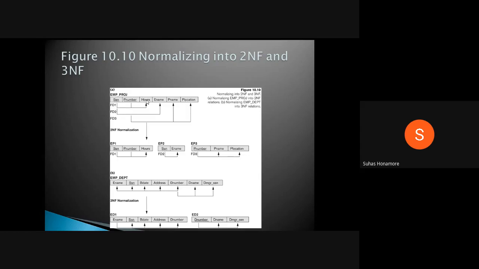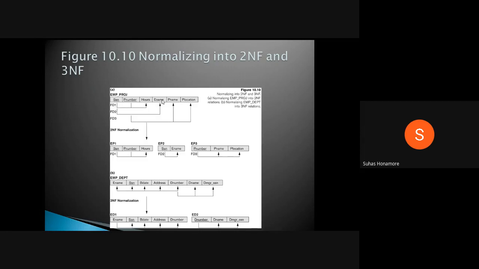Now we'll see whether any non-prime attribute is partially dependent or not. If it is partially dependent, then this is not in 2NF. All should be fully functionally dependent on the primary key, which is these two together. Hours depends on both together, so this is not a problem.